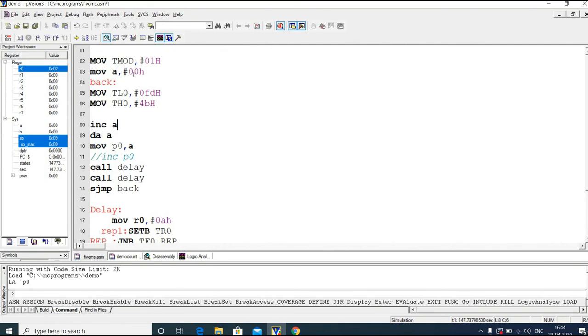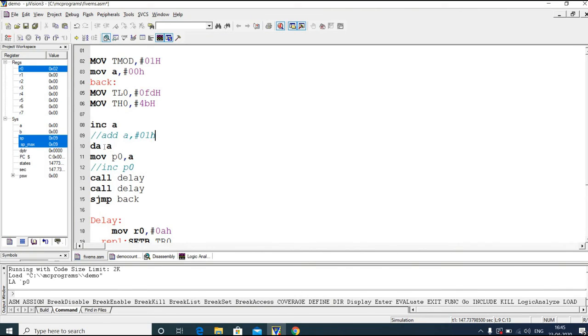Next, to get the additional counts, we can do increment A, or we can use add A comma hash 01H.